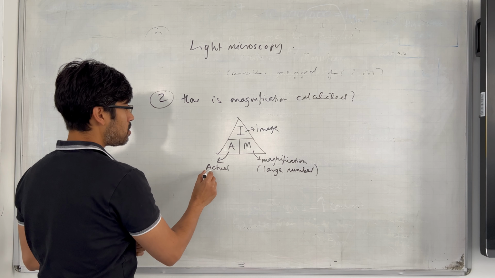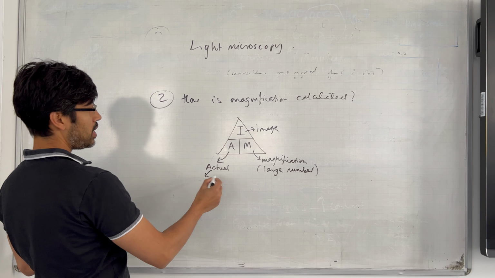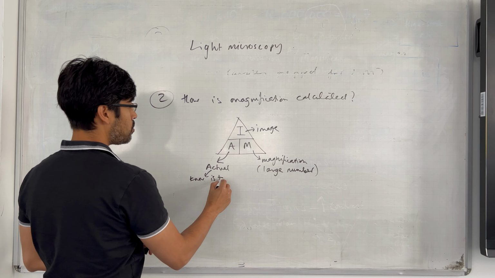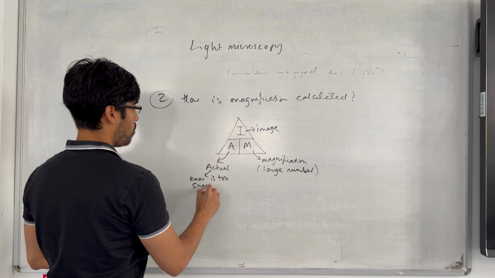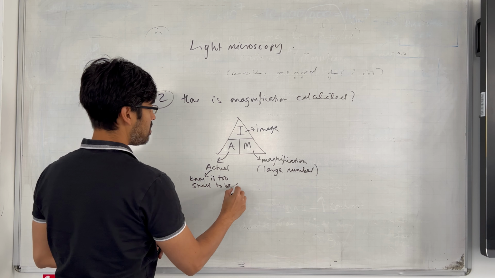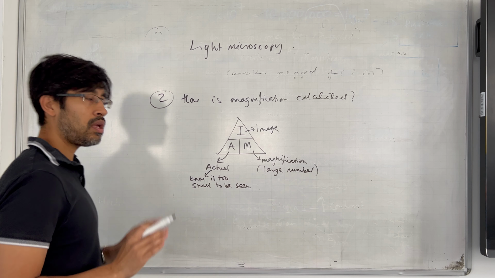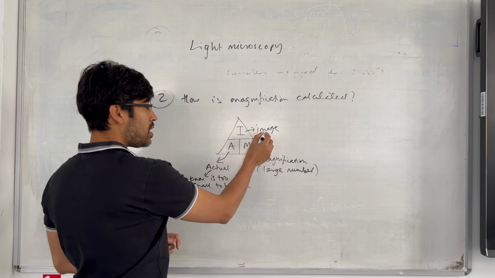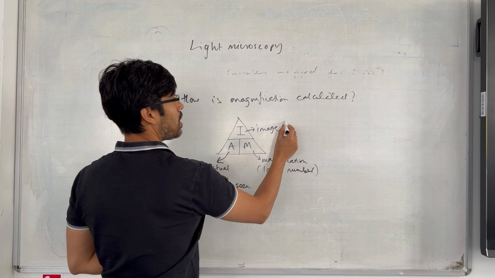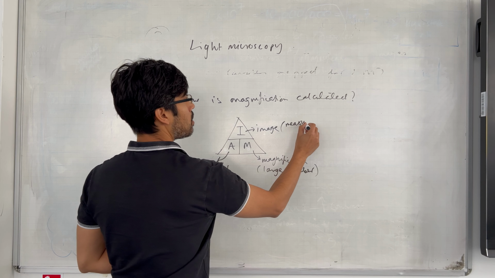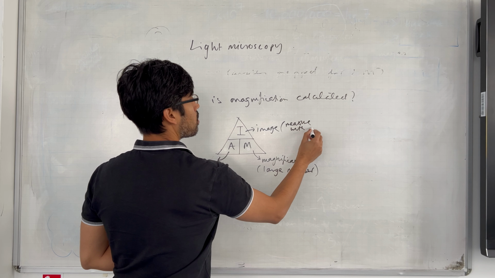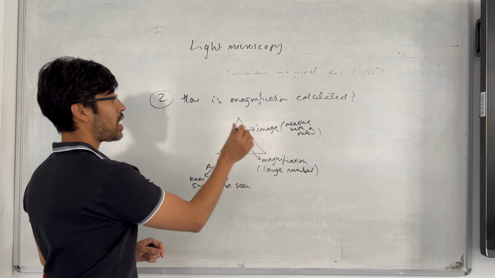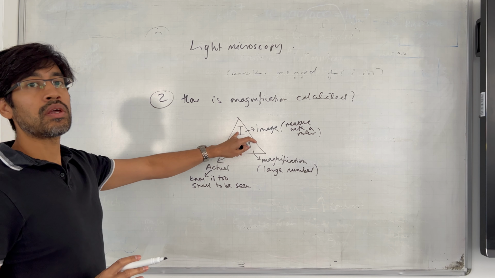The actual is something that you know is too small to be seen. Okay? I'm just going to leave you with that to think about. Your image is something that you can measure with a ruler. So if you're putting your ruler down and measuring something, automatically that technically should be your image